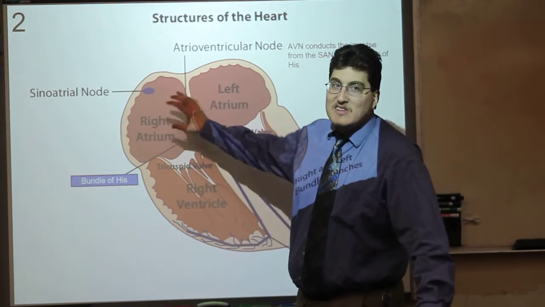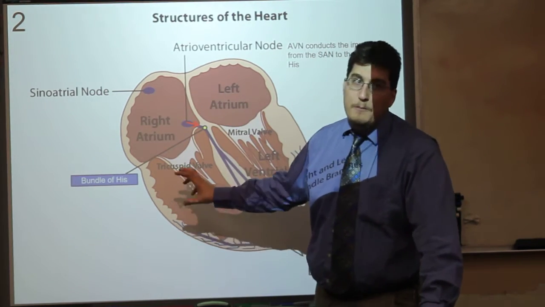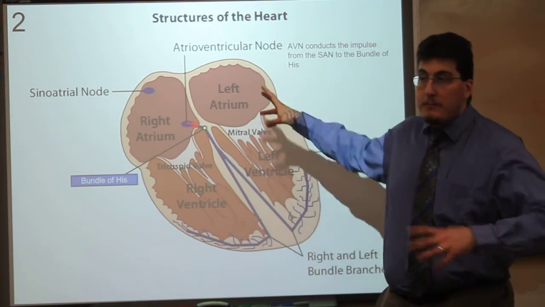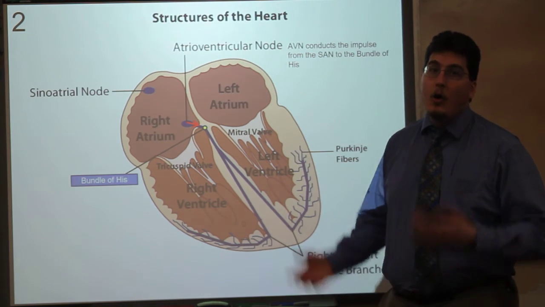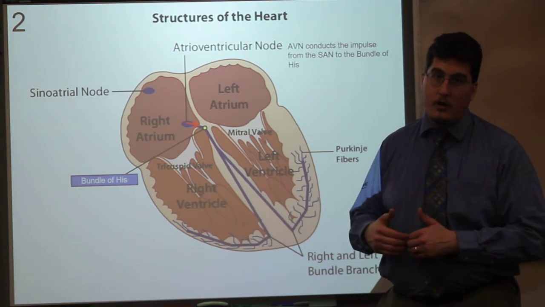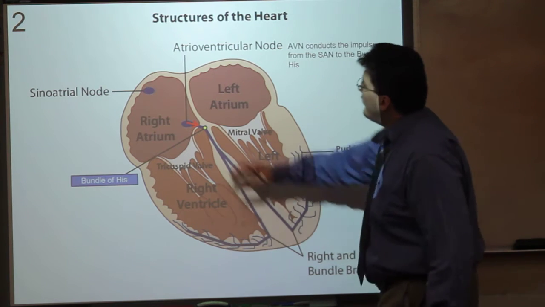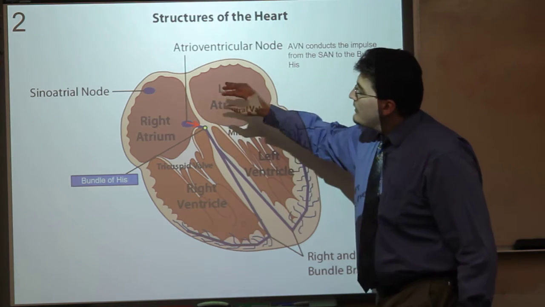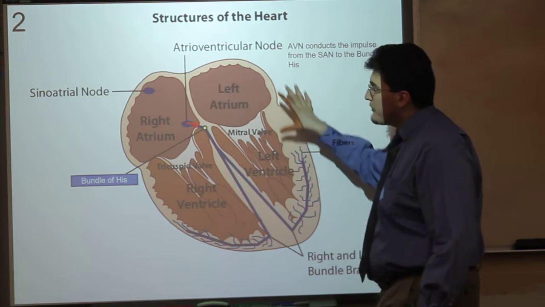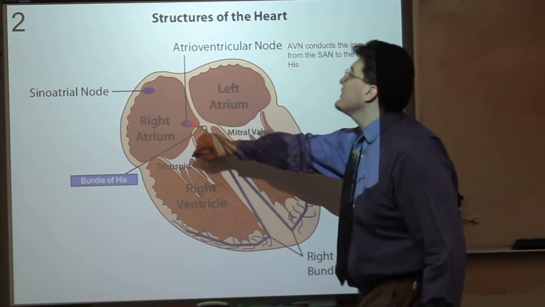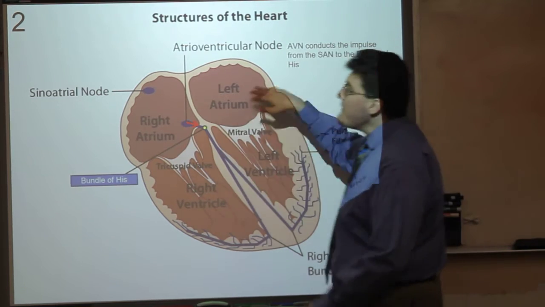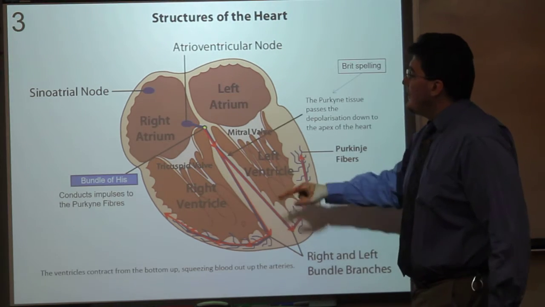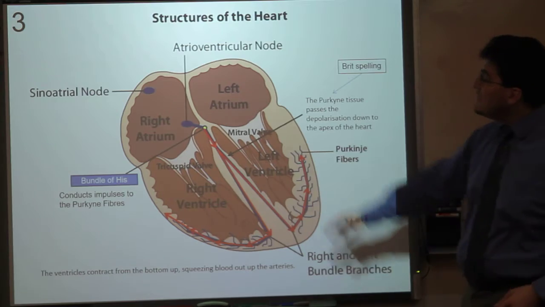So that 0.1 second delay allows the remaining 20% of blood flow from the atria to the ventricles to occur. If they both contracted at the same time, only 80% of flow would occur. So the atrioventricular node passes the impulse from the sinoatrial node to the atrioventricular node through the bundle of His, bypassing the atrioventricular ring into the right and left bundle branch Purkinje tissues,